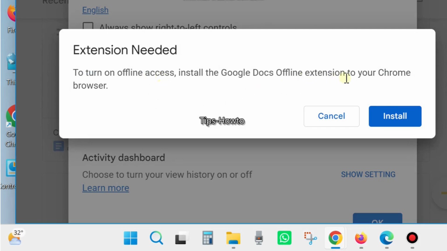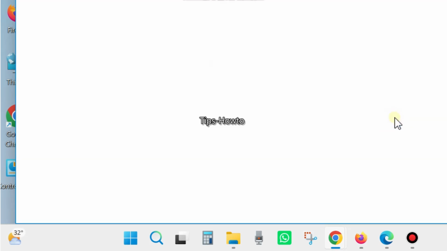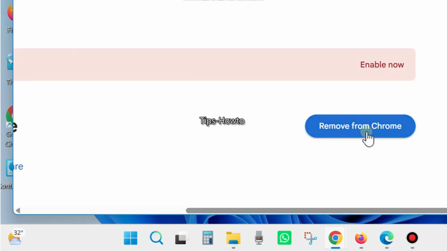To turn on offline access, install the Google Docs Offline extension to your Chrome browser. If you want offline access to Google Docs, then you must install the Google Docs Offline extension. Click. If you have already